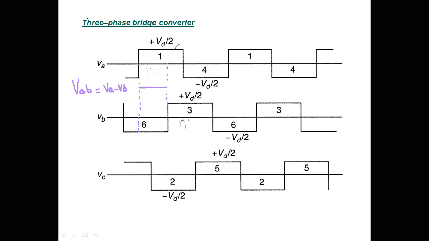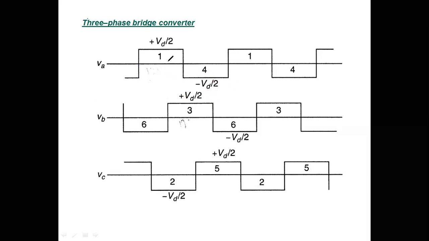Then here you can see Vd by 2 up to this instant, and this is Vd by 2. Both are positive, so you get Vd. So you get 0 and then Vd up to this instant. Then in the first leg you will get minus Vd by 2 and plus Vd by 2, so up to this instant you get again 0. Again here both are negative, you will get negative voltage. That voltage you can see in the next diagram.